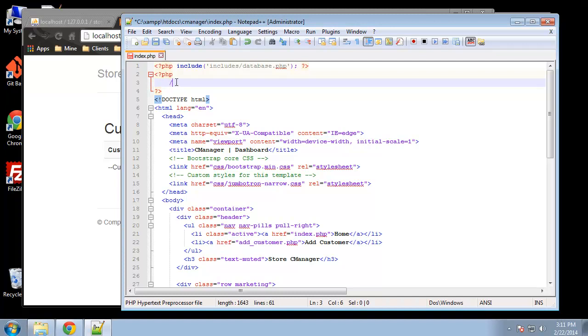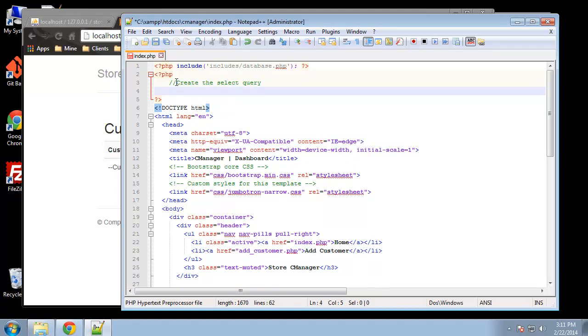So what we want to do here is create the select query. Alright, we're going to put that inside of a variable called query. So in here we're just going to do a select statement, just like we've been doing, except we were doing it from inside phpMyAdmin, now we're doing it inside of a PHP file. So we want to select all from customers, and let's see,